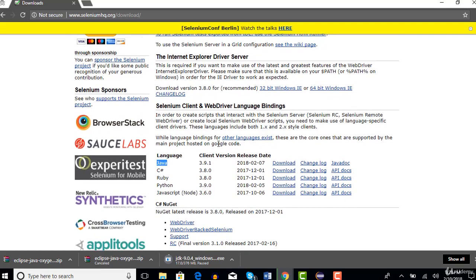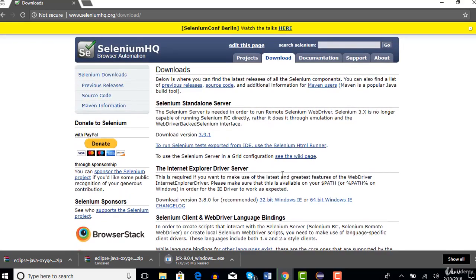We need not worry about all those. Let's come back to our actual topic. We are working on Selenium Java, right? So we need to download jars related to Java. Here are the client versions available. If you want to use Selenium with C#, you can download the C# related libraries. If you are working on Ruby, download the Ruby related ones. We are interested only in Selenium Java, so you need to download only the Selenium Java client libraries. There is a download link here which you can click to download them safely.